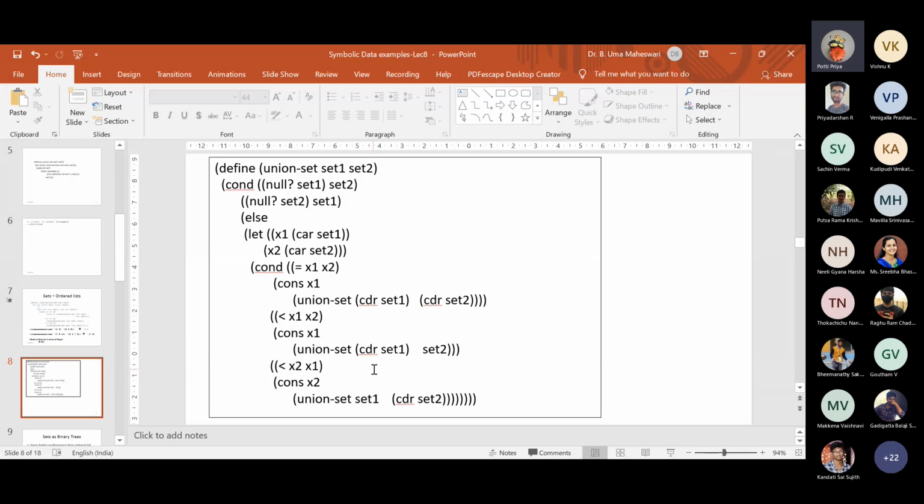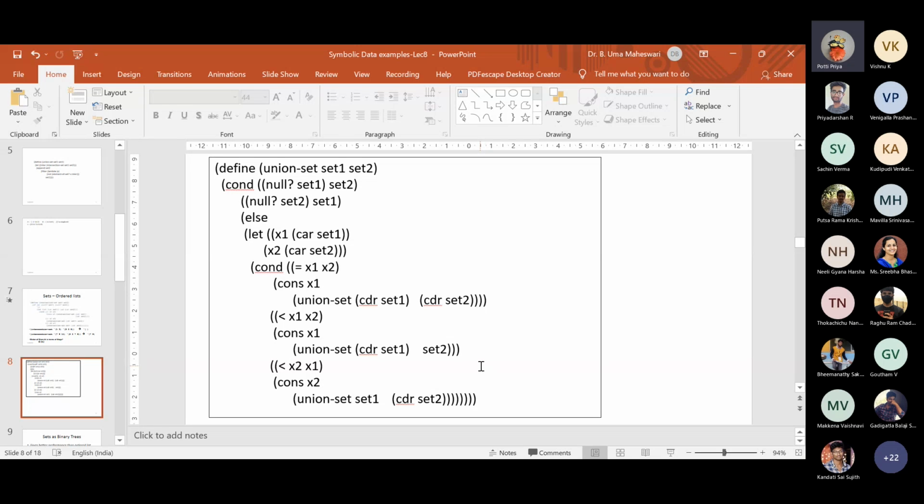We are not doing CDR on set 2 because the elements of CDR can match with x1 once again. There is still a chance because it is an ordered set. We already discussed the very same point in intersection. So this is very easy to understand now.